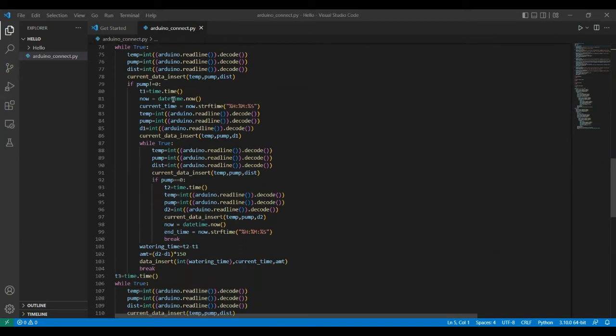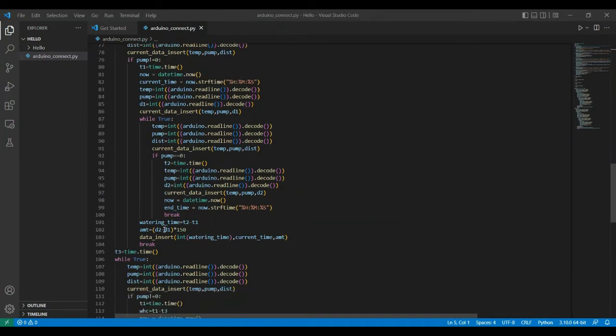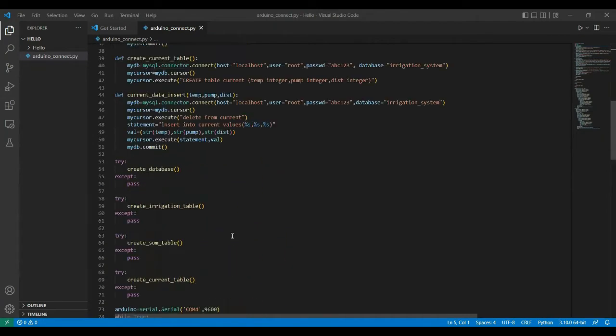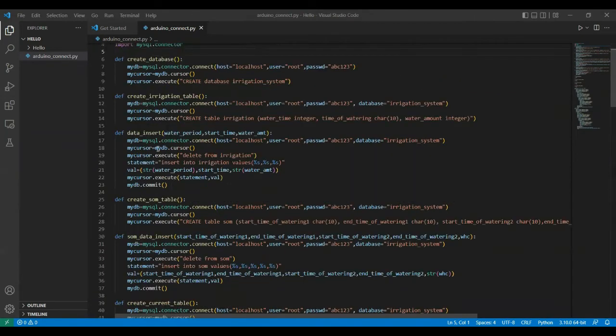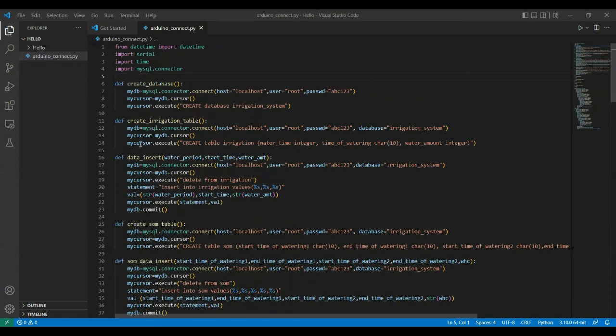When the pump status becomes 1, or when the pump is turned on, we note down the time and the height of the water column, and we repeat this. We note these things again when the pump turns off. These values are used to calculate the amount of water used, and the time for which the pump was turned on. These values are then inserted into the irrigation table, which is created using this function, and the insertion is done